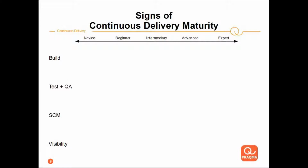The first one, build, is obviously an important factor in continuous delivery, and so is test, verification, and quality assurance. But we also see that software configuration management and the way that teams utilize their version control system has a very great impact on the continuous delivery maturity. And we even see that the way teams visualize and expose and report on their builds and test results is